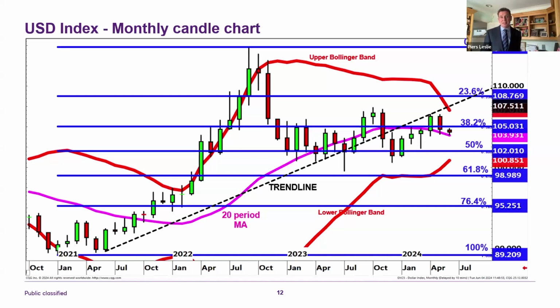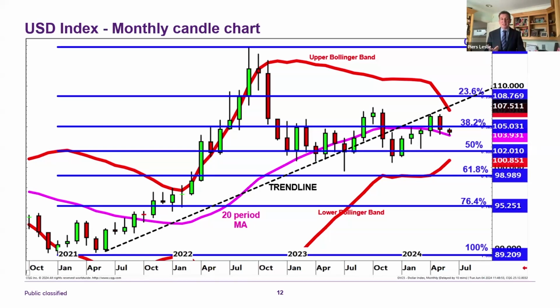Dollar index leads the FX markets. Dollar is the main trade currency, so knowing what the dollar index is doing is very important. This shows where the trend line comes from. And last month, I said that price had been retesting the trend line, and that's now resistance. I was saying you could see it maybe fall off that area and go down to test towards the 23.6 and the Bollinger Band area. So I was looking for a move potentially down to the low 104, high 103 area.